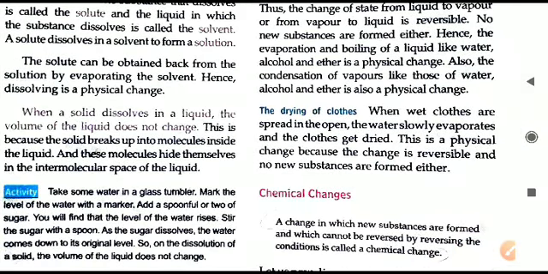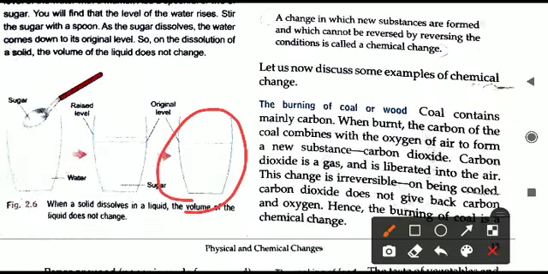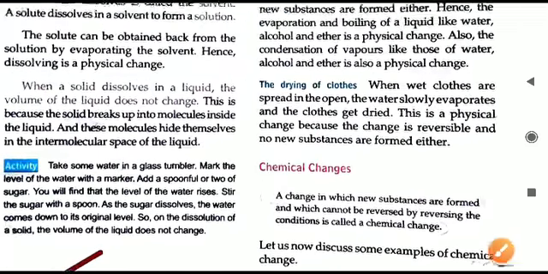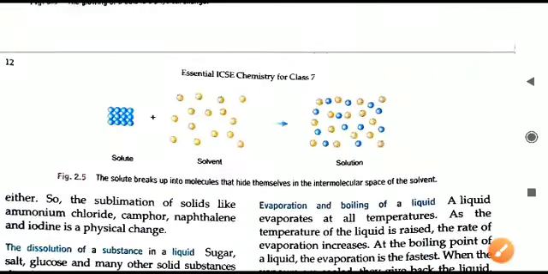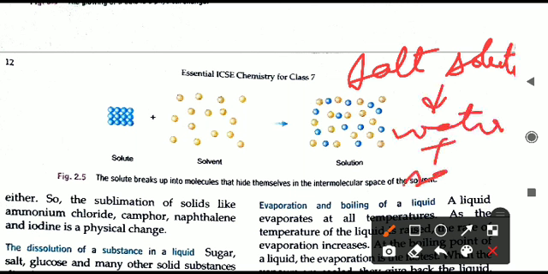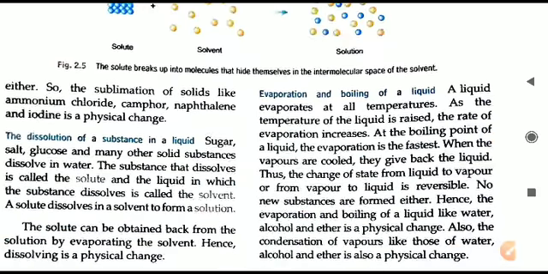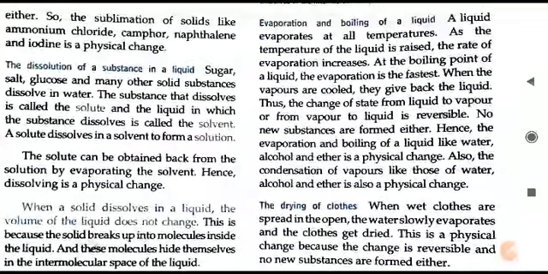If you want this activity in the opposite manner, the solution we will simply keep on heating. On evaporation you will get it back. The same activity can be done with a salt solution. Salt solution, if it is kept on heating, will give back water and salt. So on evaporation of the salt solution, we can get salt easily. This is what we are going to learn in the next topic.